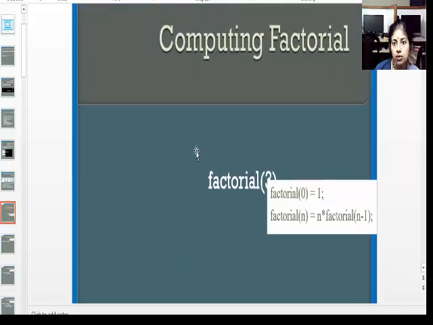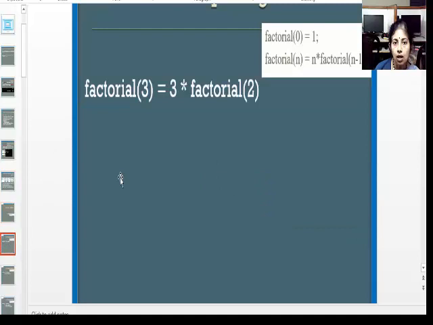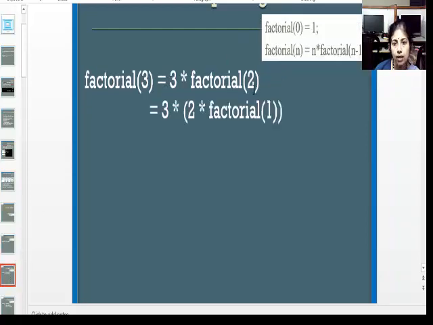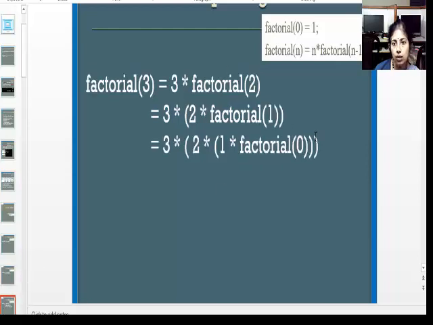So now you can compute the factorial for 3, and this is the recurrence relation. So this is the base case: factorial of 0 is equal to 1 and factorial of n is equal to n into factorial of n minus 1. So factorial of 3, n value is 3 here, so it can be computed as n into factorial of n minus 1, because it is not equal to factorial of 0. So it can be computed as 3 into factorial of 3 minus 1, that is 2. And then factorial 2 is further evaluated as 2 into factorial of 1. And factorial 1 is further evaluated as 1 into factorial 0.